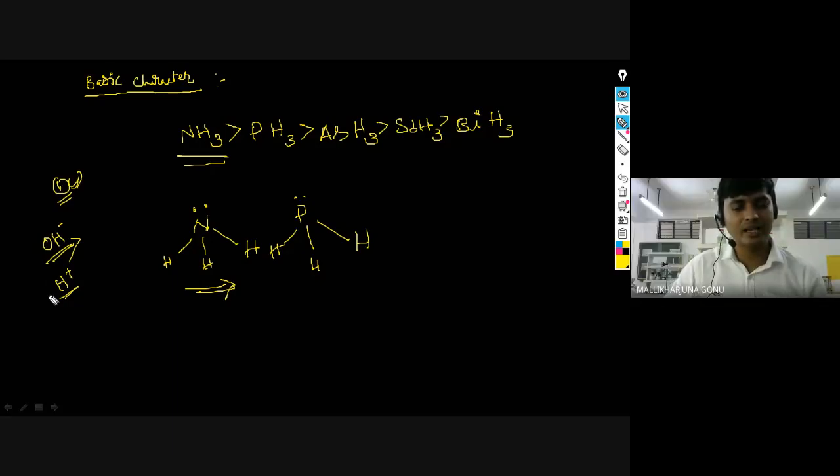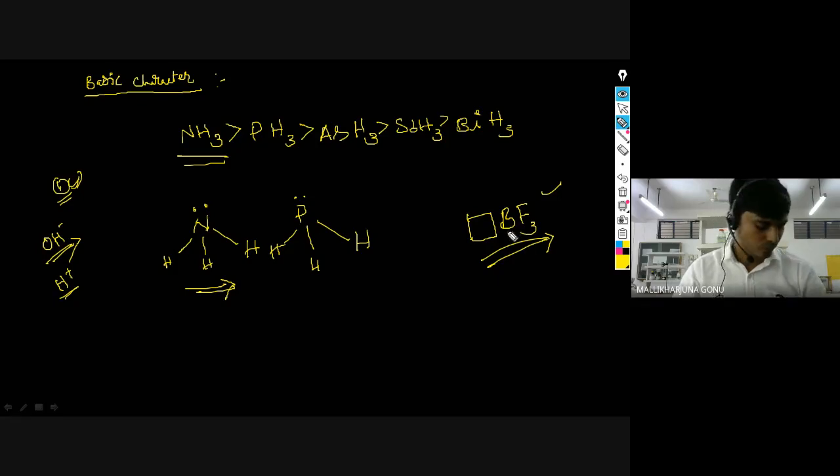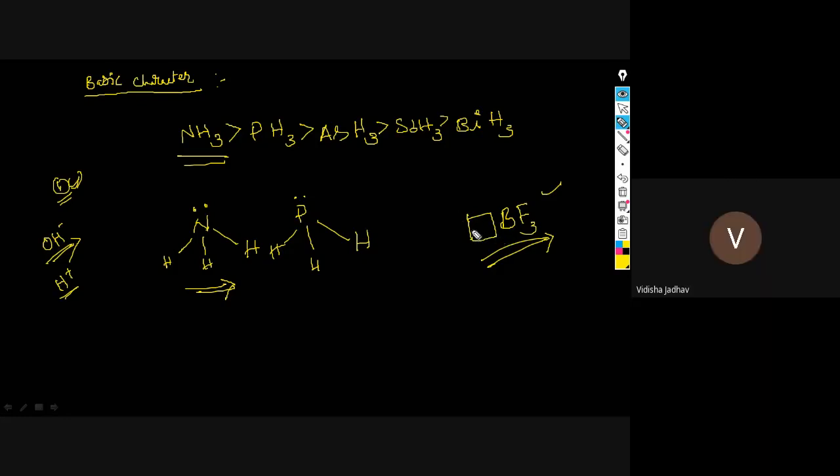What happens to the electrons if it is the base, if it is the acid? Okay, I will give you BF3, from the 11th only. It has an empty orbital. So is BF3 an acid or a base? Vidisha, is it acid or base? That means you have not recollected the 11th. I said already, try to recollect what you studied in S block and P block in 11th. Base, it is.